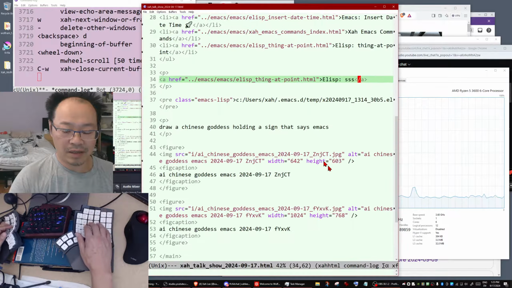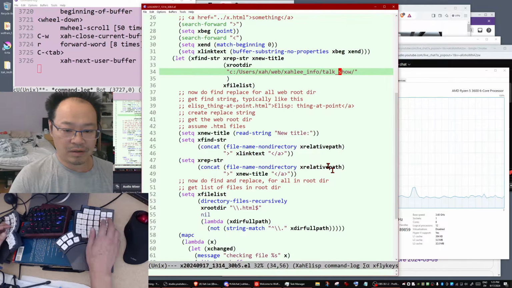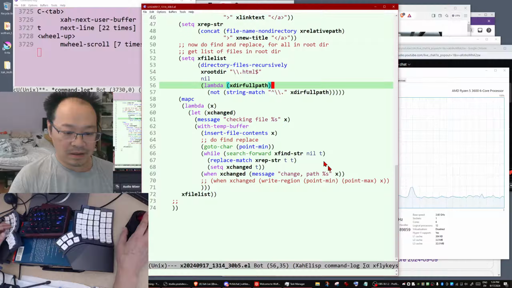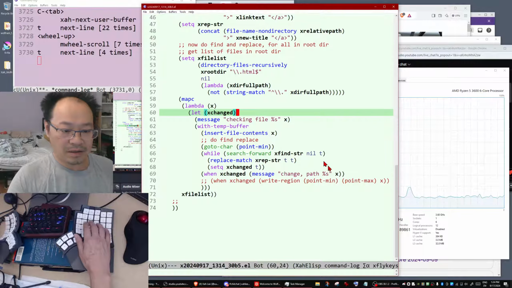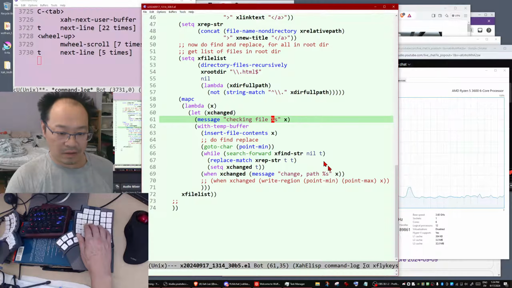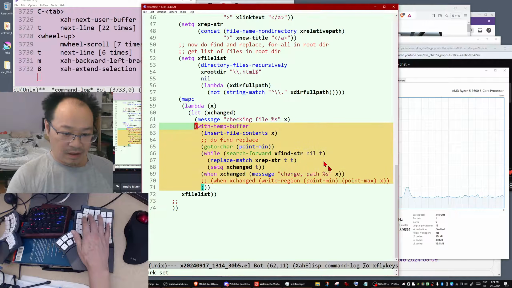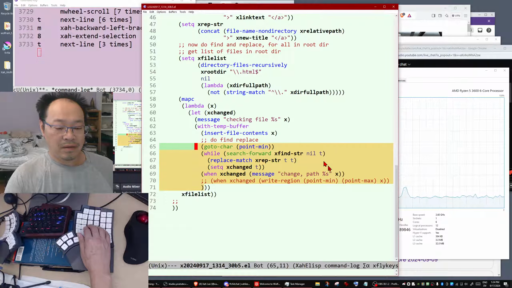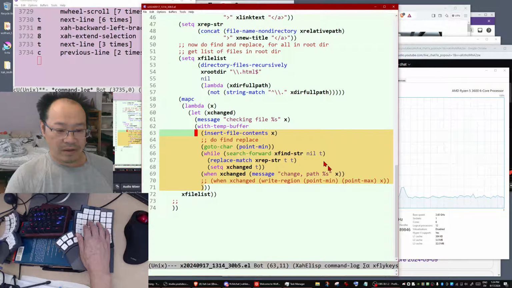So close that. Go back to the code. So it didn't say when there's a change found. So it's checking the file, temp buffer, do find replace, go to the beginning, insert file contents.